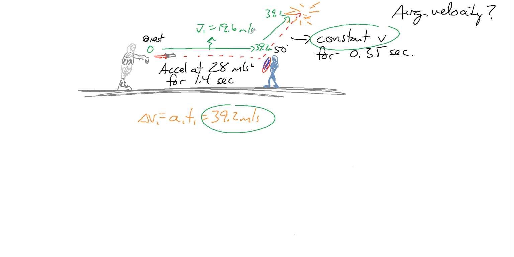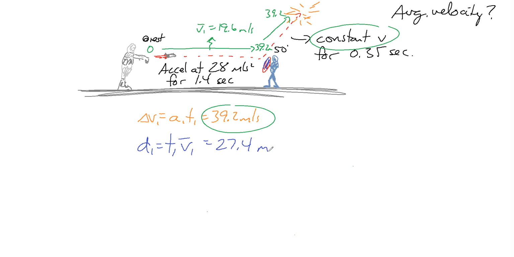So if I have that, I can find the distance for the first part would be the first time multiplied by the average speed for the first part. So I've got the 1.4 seconds. I'm going to multiply that by the 19.6, and I get 27.4 meters. Okay, I've now solved for the V's, the T, I've got the D, I've got everything for the